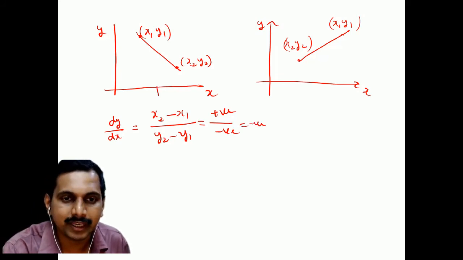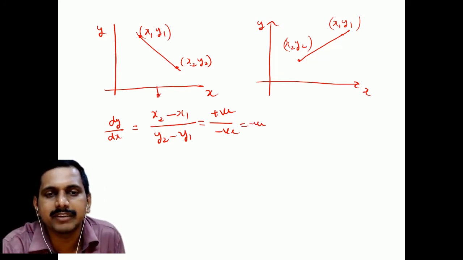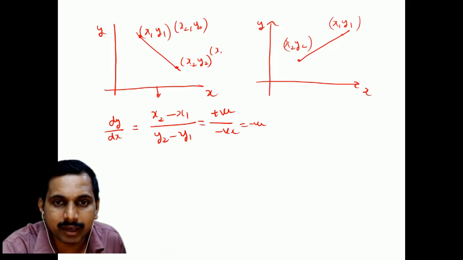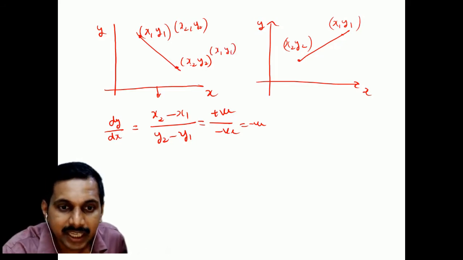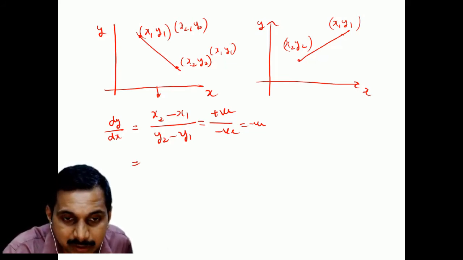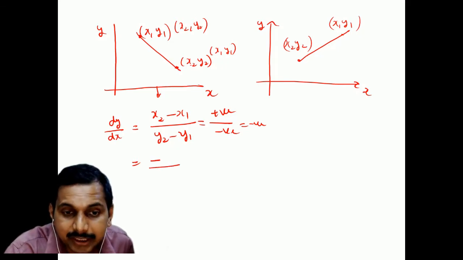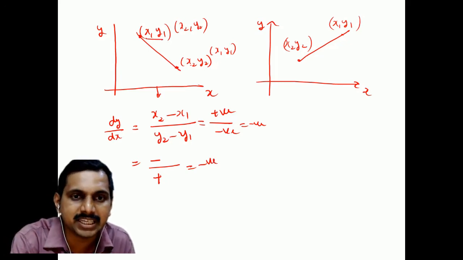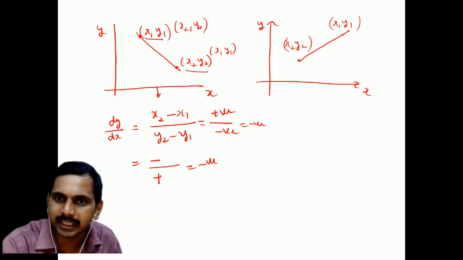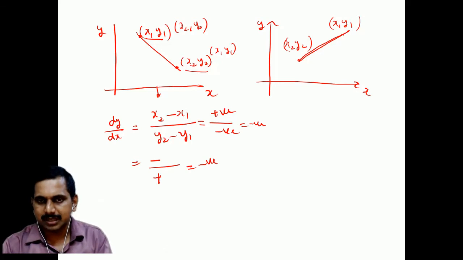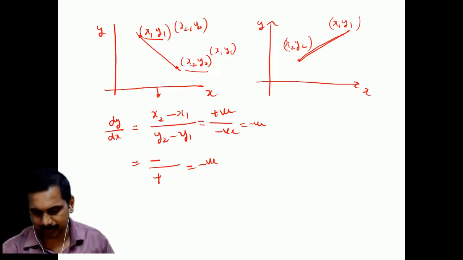Very simple. Fine. Similarly, what we label as x2, y2 doesn't matter, is it not? We can have this as x2, y2 and this as x1, y1, correct? In the second case, x2 minus x1 will be negative, y2 minus y1 will be positive, so you will get negative slope. Whether you take this as x1, y1 or that as x1, y1, you will get a negative slope. Similarly, when it is like this, it will become positive slope. You know this, but I am just brushing up the basics, that's it. I am not saying you don't know, you know it. Okay, let us do the next one.